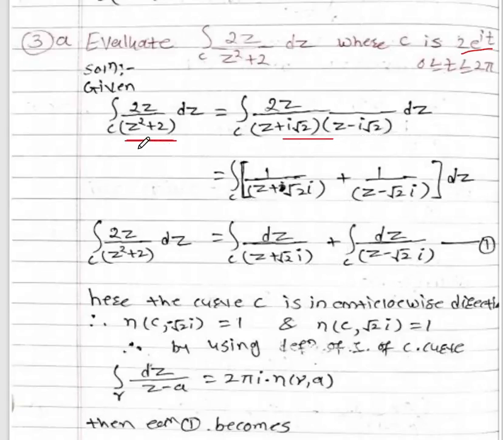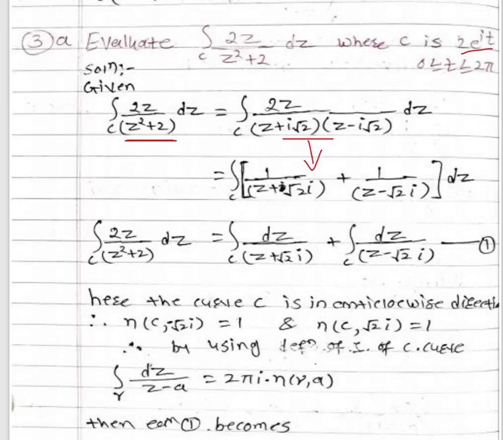The factors of this term are z plus i under root 2 and z minus i under root 2. Now this term can be written in this form for easy calculation, to easily solve the given integral. So this can be written as integral over C of the first integral dz upon z plus under root 2 i, plus the second integral dz upon z minus under root 2 i,